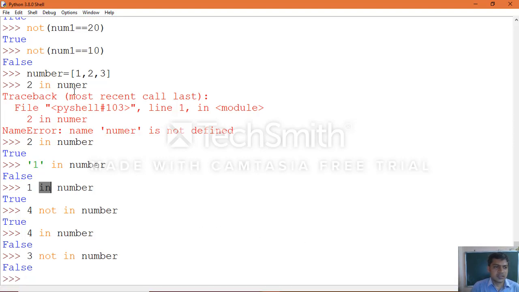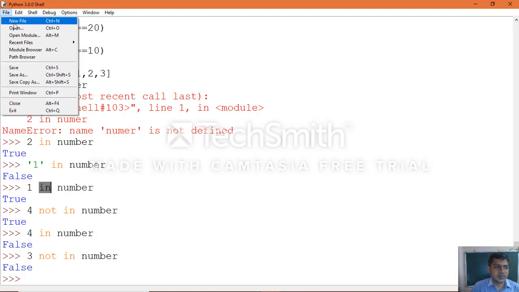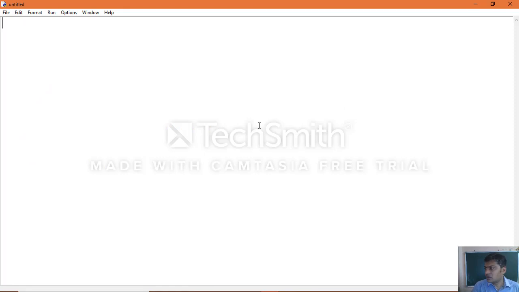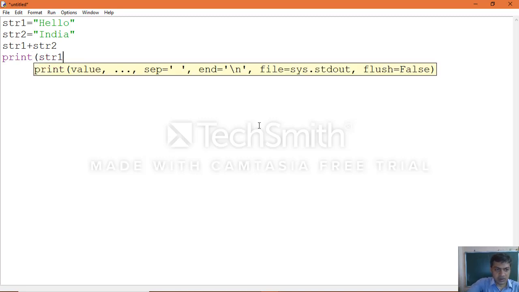Okay. So same way we'll take one simple script mode execution example. str1 equal to hello, str2 equal to India, then apply str1 plus str2, then print str1.